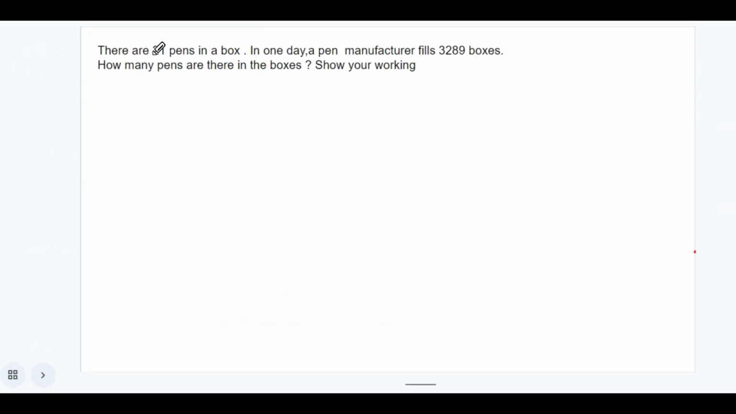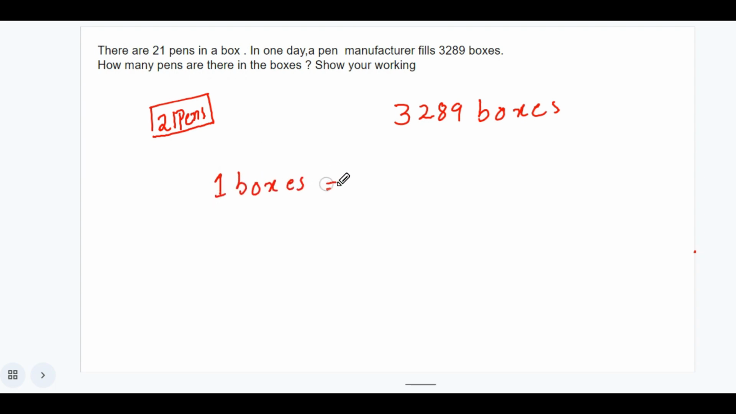Look at this question. There are 21 pens in a box. So this is one box, and how many pens are there? 21 pens are there, okay? In one day, a pen manufacturer fills 3289 boxes. How many boxes has he filled? 3289 boxes. So how many pens are there in the boxes? One box contains how many pens? 21 pens, right? So 3289 boxes will have how many pens? Well done, 21 times